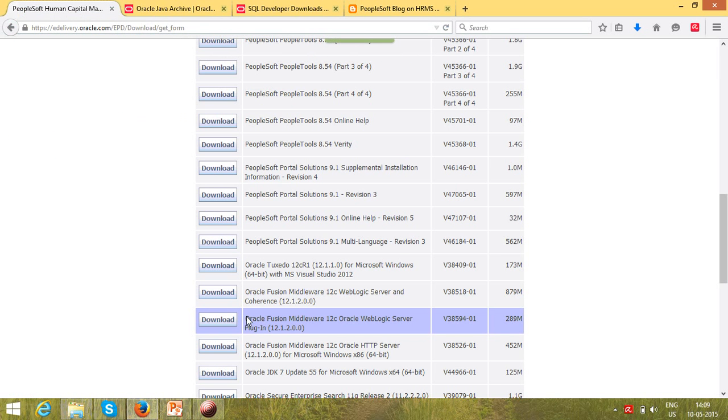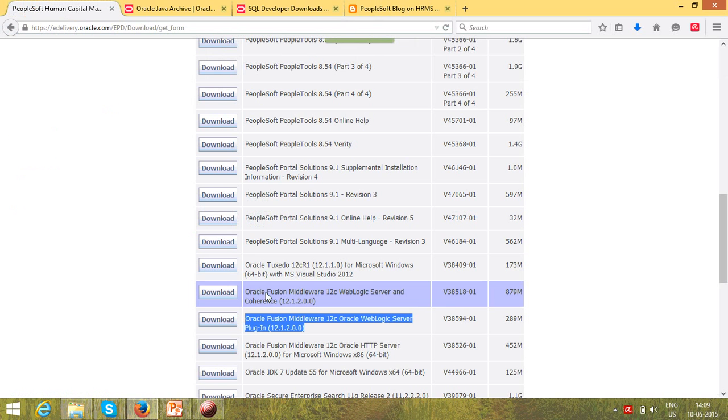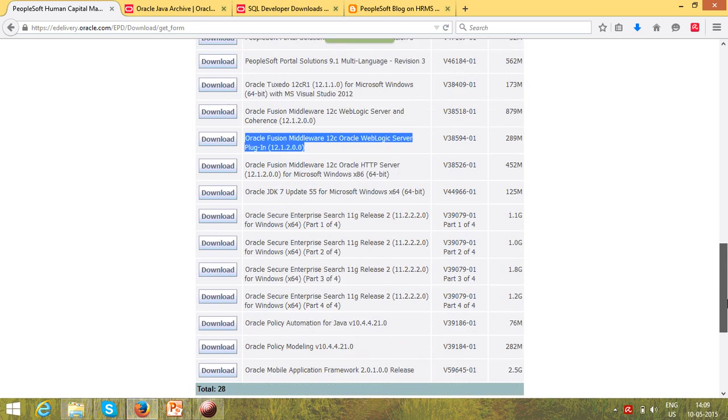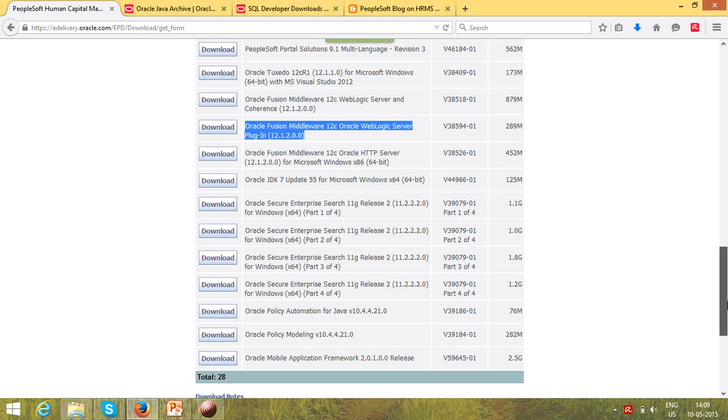Then we downloaded Oracle Fusion Middleware, Oracle Fusion Middleware 12c WebLogic Server and Coherence.